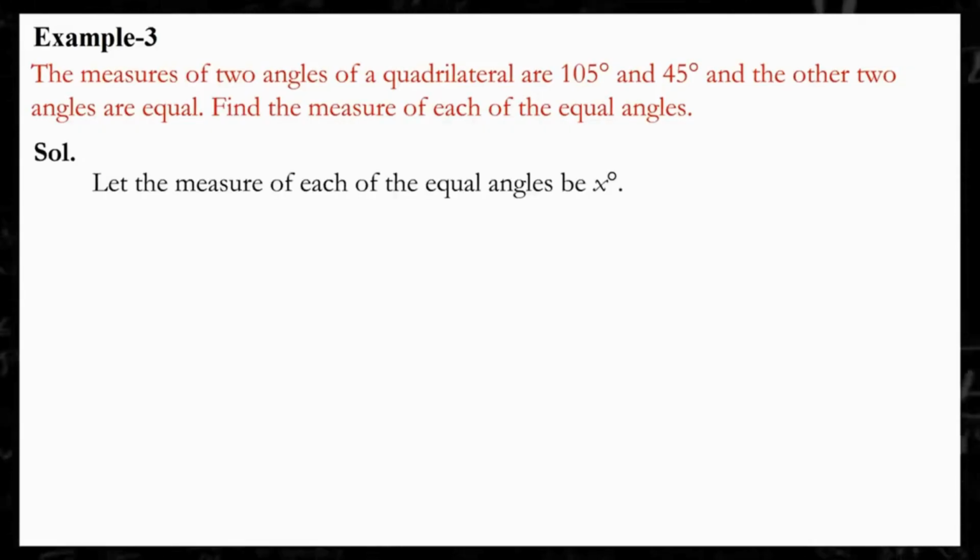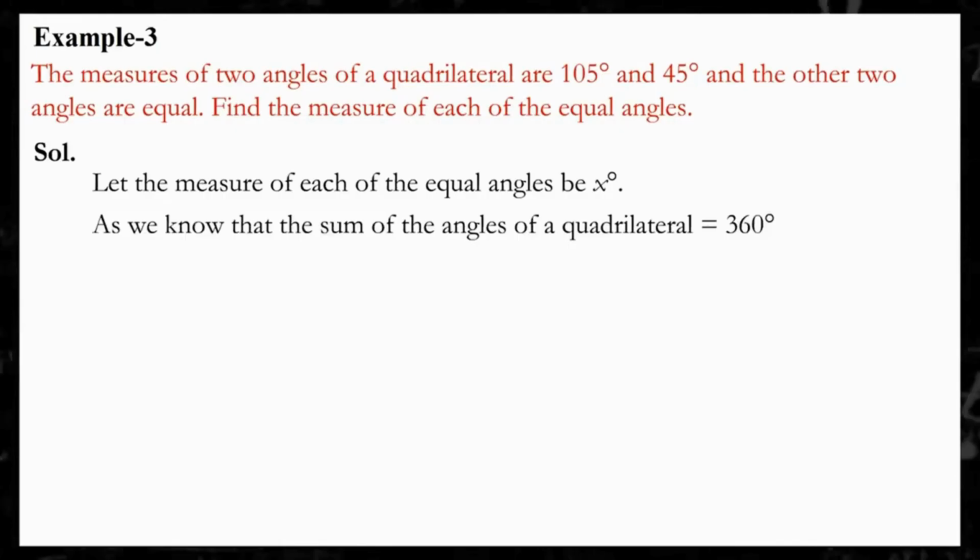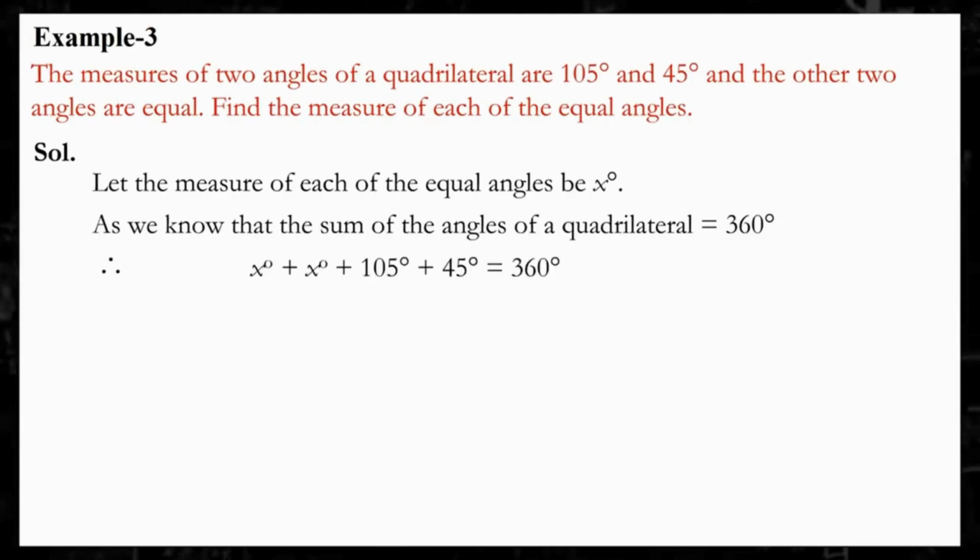Solution. Let the measure of each of the equal angles be x degree. As we know that the sum of the angles of a quadrilateral is equal to 360 degree, therefore, x degree plus x degree plus 105 degree plus 45 degree is equal to 360 degree, or 2x degree plus 150 degree is equal to 360